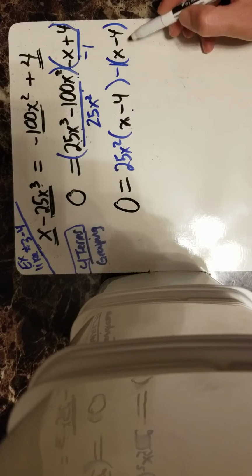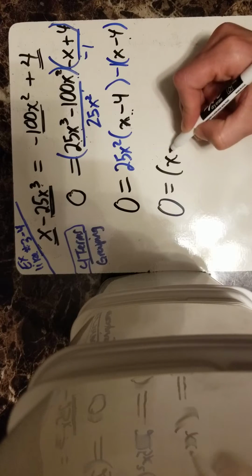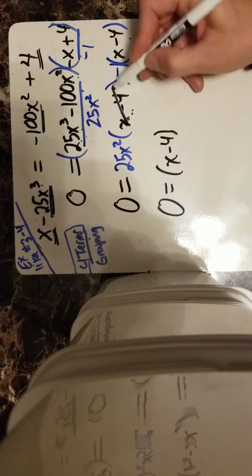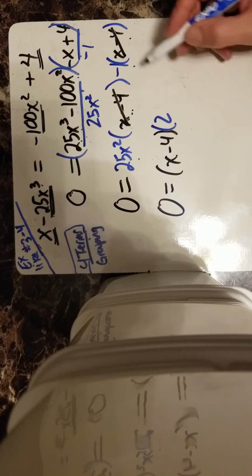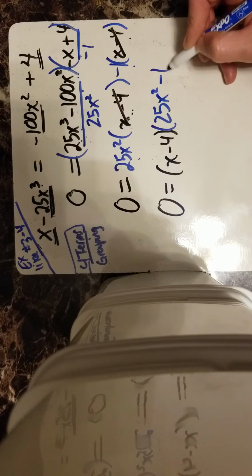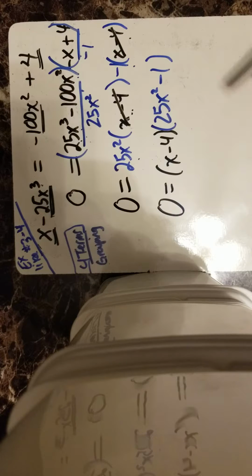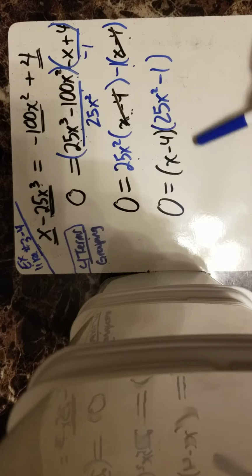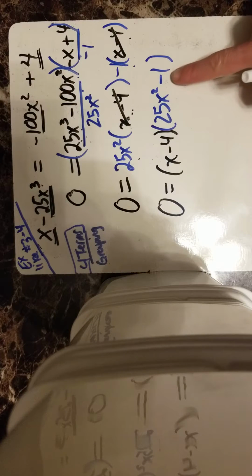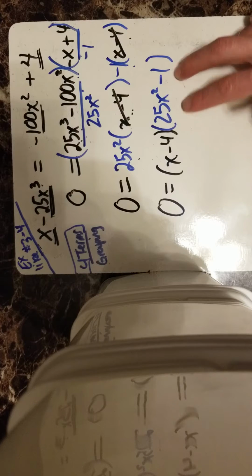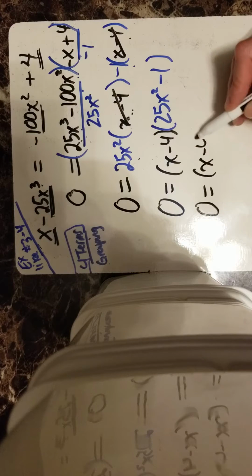Okay, so if I look, I have a match. So what I'm going to do is factor the match out. So x minus 4, I'm going to factor that out from this and this. That's going to leave me with that 25x squared and the minus 1. So now, this one, I can already start solving it. This one has a square, so I may be able to factor it. Here's the checklist. If there's a minus, and these are perfect squares, you can keep going. So let's keep going. Other than that, you would have to set it equal to 0